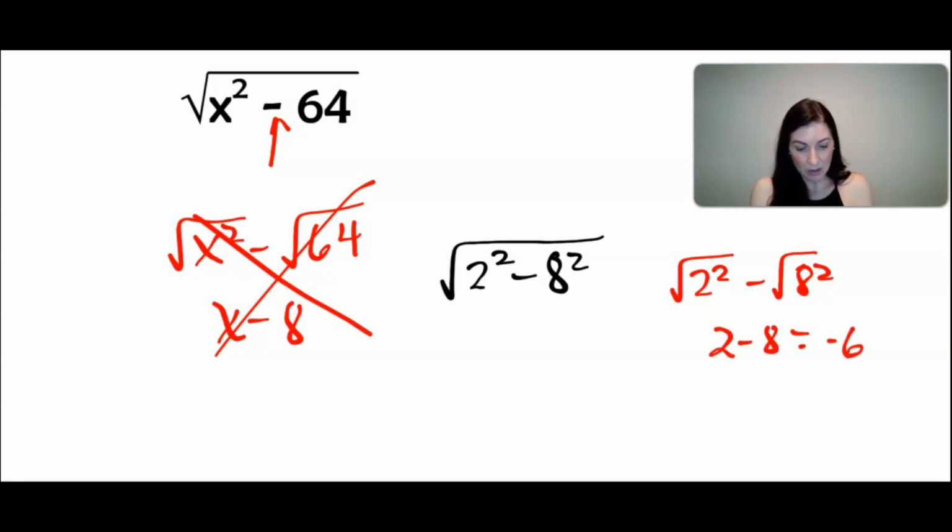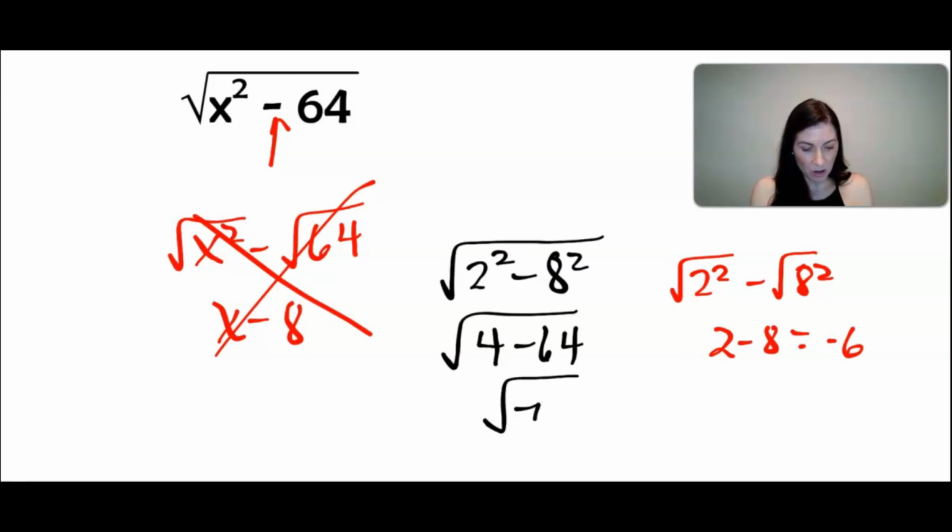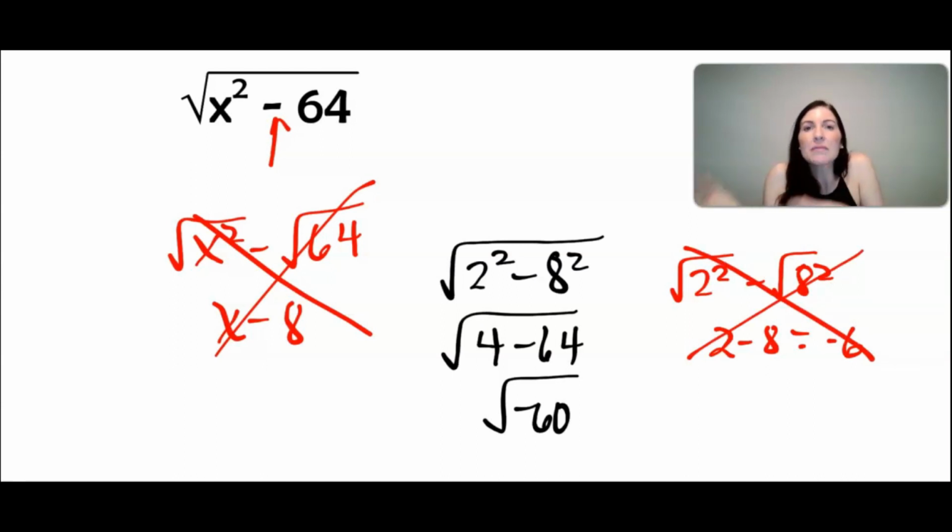Let's think about what these numbers would be. This would really be the square root of 4 minus 64, which is the square root of negative 60, which by the way would give you an imaginary number anyways. It would not give you the number negative 6 that we saw over here, which is the incorrect way to do it. So I think when students think of square rooting both terms, they're really thinking, what if this were